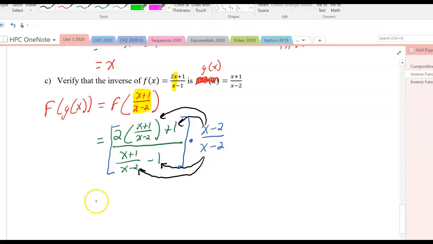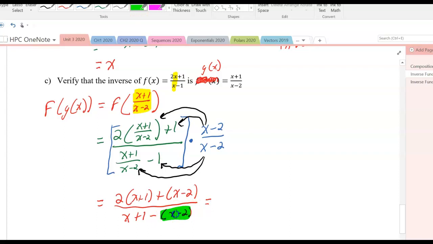So when you do that, you get 2 times the quantity x plus 1 plus x minus 2, divided by x plus 1 minus the quantity x minus 2. Make sure you put parentheses here that I'm highlighting in green. So then when you distribute, 2x plus 2 plus x minus 2, check my math please, divided by x plus 1 minus x